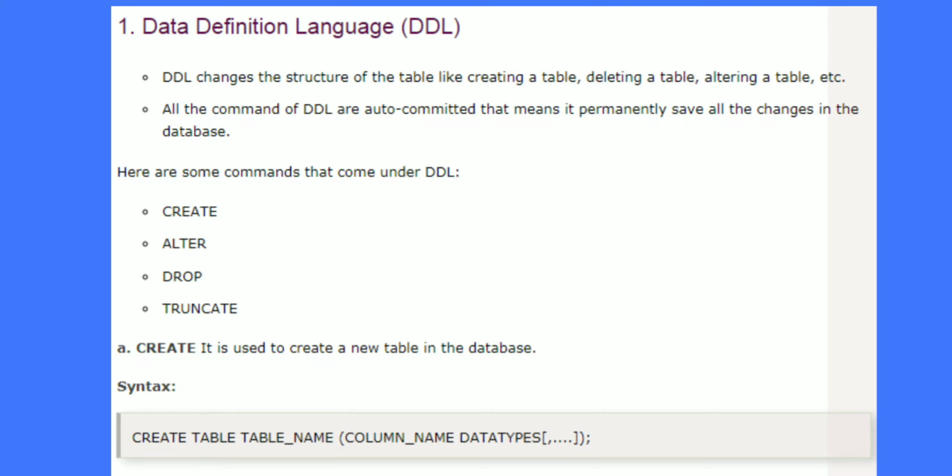Create table is a common syntax. In between, space is also required. Create space table space, and here you write the table name.